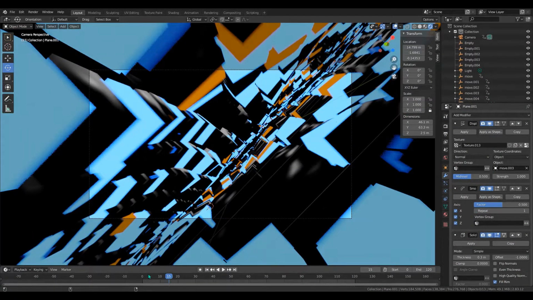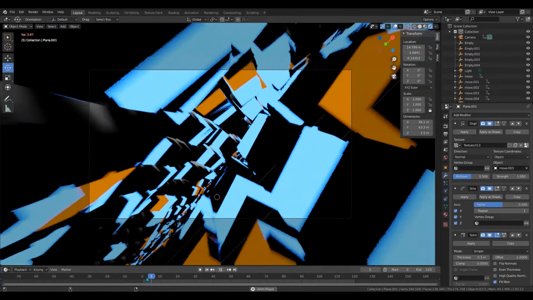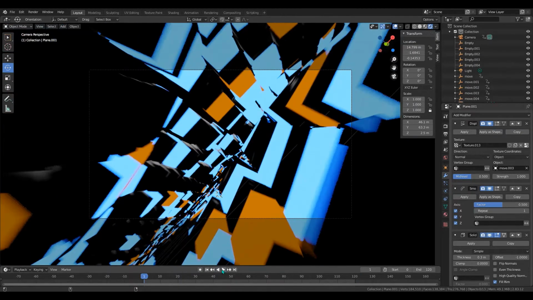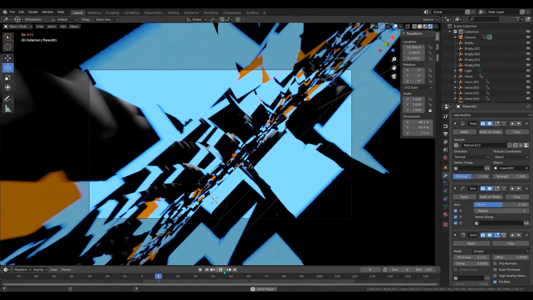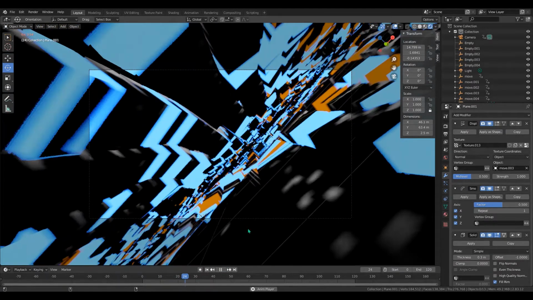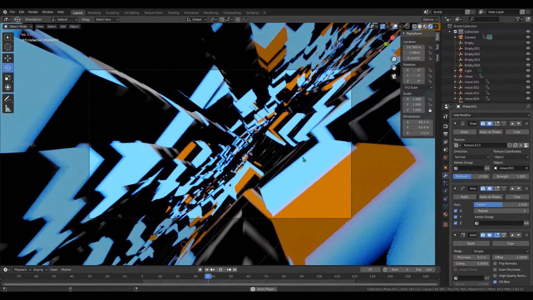For this, you also have to animate the camera, or else you won't be able to see the full animation. You have to animate the camera for it to move forward, like it's supposed to move forward. It will sometimes be a bit laggy because you're using a lot of modifiers, and